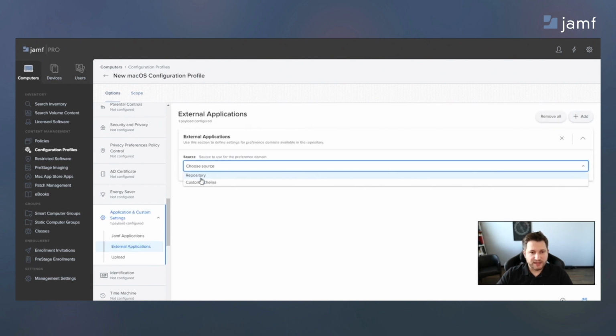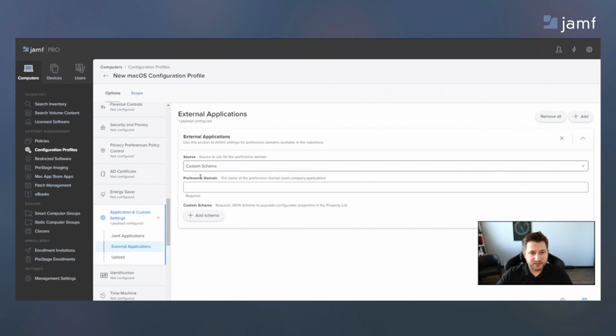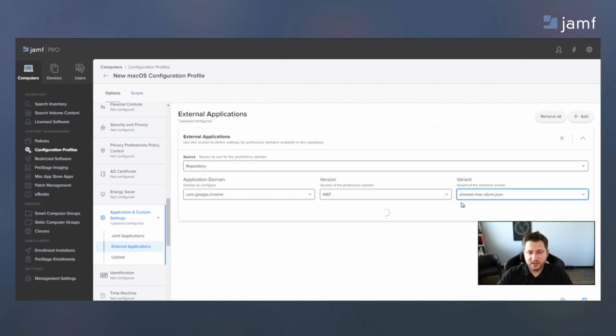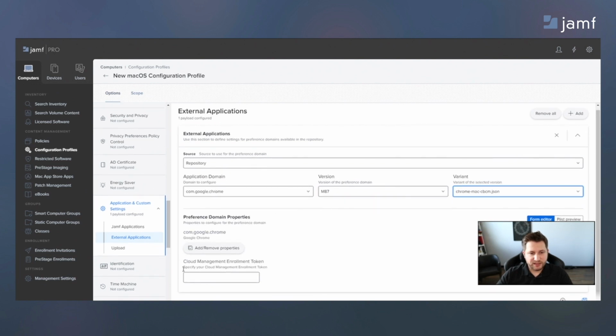Choose the source as a repository, and then from the application domain, you choose Google Chrome. Choose the version of this policy. Currently, there's only one version and one variant. And then you'll see very quickly there's a section added that talks about Chrome Browser Cloud Management enrollment token. Paste the enrollment token in here, save the profile, and assign the scope of this profile to whatever devices you